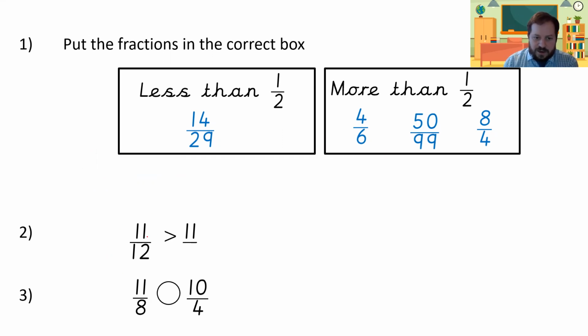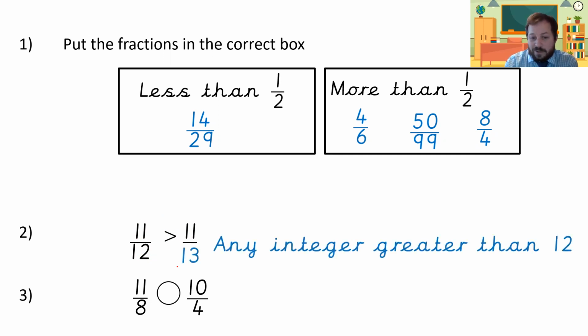In the case of this next one down here, our rule is if our numerators are the same, the smaller the denominator, the bigger the fraction. So we could literally have any number in here that was bigger than 12, so 13, but it could be any number that was bigger than that. Any number at all that's bigger than 12 would be smaller than 11/12. And then we've got our bottom one down here,